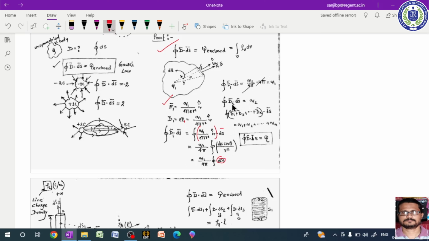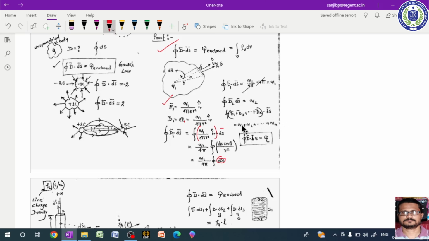Next, in a similar way for the D2 surface we will get Q2 charge, and simultaneously if we consider a lot of point charges and add all the equations, you will get such an equation,